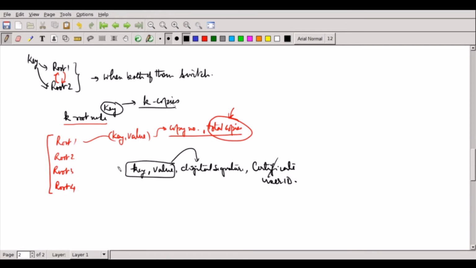Okay, so now we are going to add a copy number, which particular copy, and of course another field, total number of copies, which will be added. So this is the total data structure which has to be communicated during publication. And when you are doing the query, you have to send it to the hash ID, which will depend on which copy number you are trying to access. You don't have to worry about copy number or total number of copies there. You just take the key and compute whatever copy you want. So if you want key copy number i, you put this i, compute the hash, and you get your hash ID. Route your query to this.